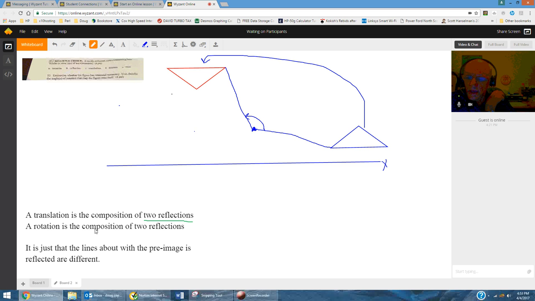Okay, and here we've made a comment that a rotation is the composition of two reflections. Okay, but where are the lines that you have to reflect the triangle over in order to end up here? Reflecting instead of rotating. Well, it turns out that if this is, let's say 120 degrees, 120 degree rotation,